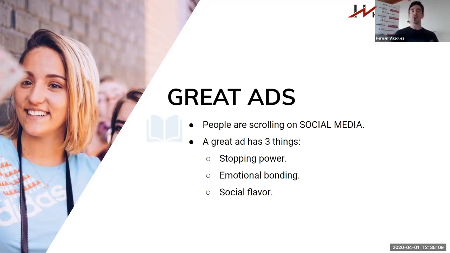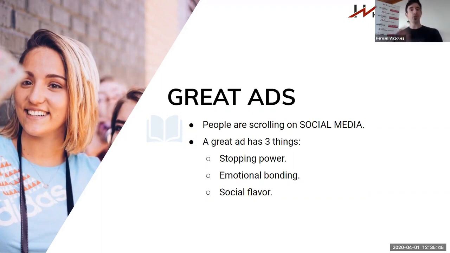So a great ad on social media, specifically on Facebook and Instagram. And here's the thing, I don't consider YouTube to be a social media network. I consider YouTube to be a search engine, which is a different thing. So when people are scrolling on social media, they're kind of distracted. They come here to get distracted, right? And what we're going to do is we're going to apply something called interruption marketing, interruption advertising. We're going to interrupt their pattern. We're going to try to interrupt their behavior, right? So that's why pattern interrupts are so powerful here. We're going to talk about them in a second.